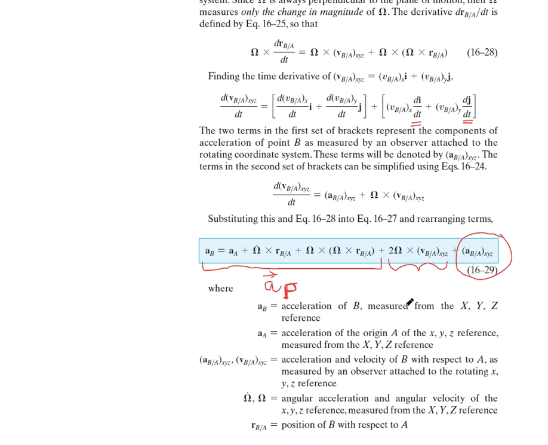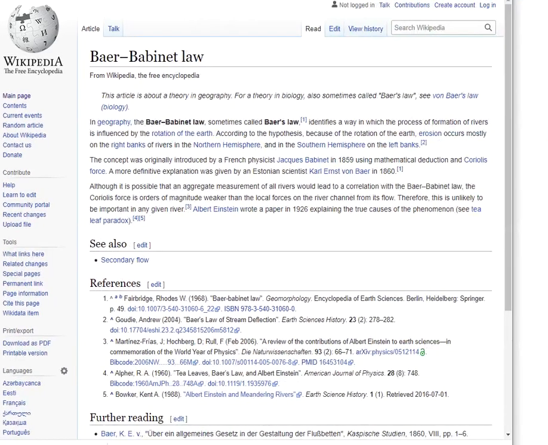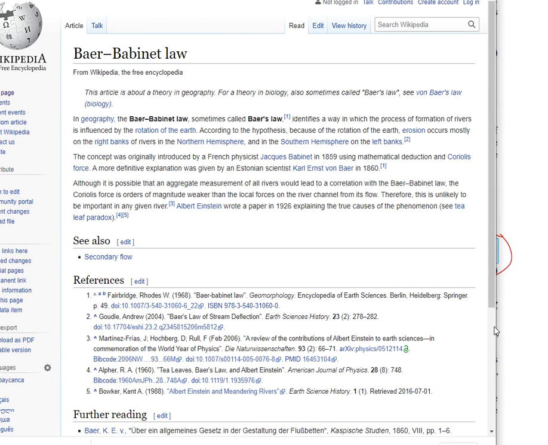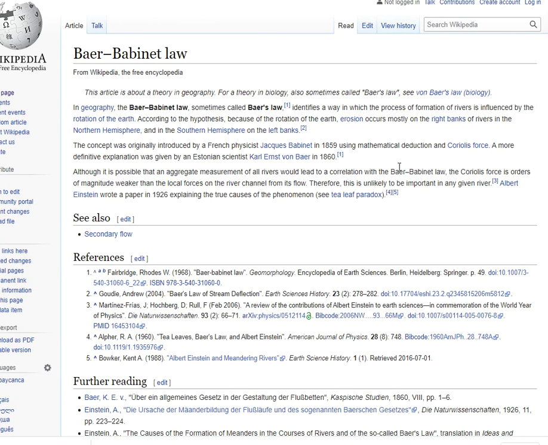So a missile that is launched south from the North Pole, so velocity goes down south, and with omega perpendicular to it, we're going to see an acceleration that is going to be to the left. So the missile will have a tendency to drift to the left, to east, drift east. And the book does not mention this. It's called Baer-Babinet law, which tries to explain, using Coriolis acceleration, why rivers flowing